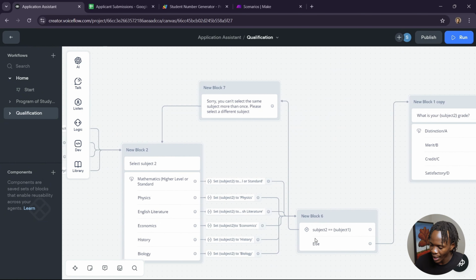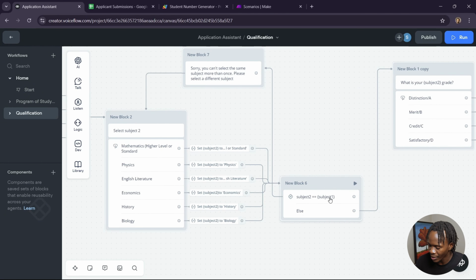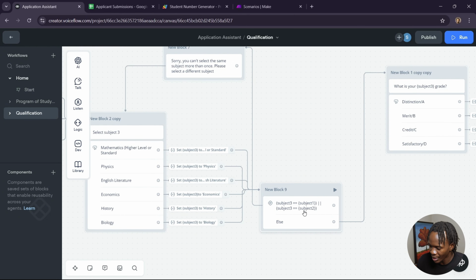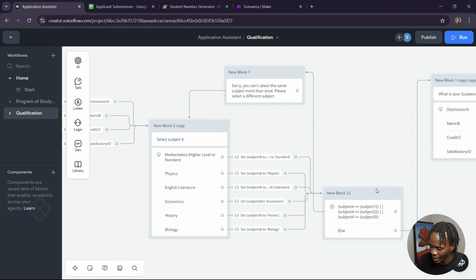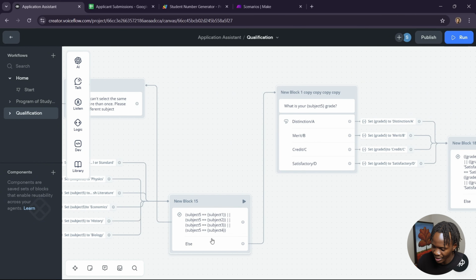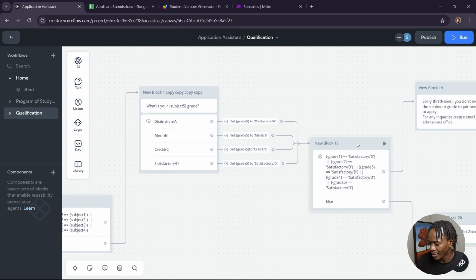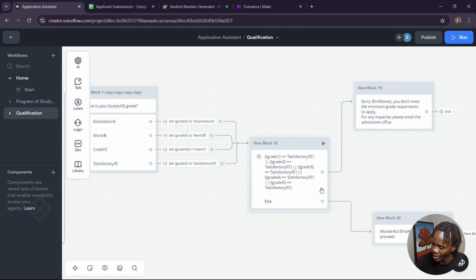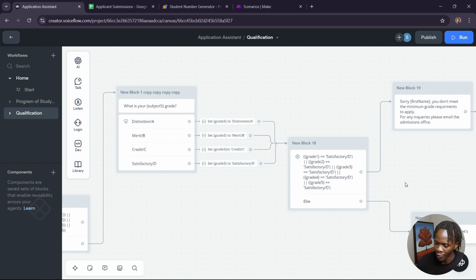And then every option after that has a condition block. So we can't have subject 1 as subject 2 because we don't have the same subject put there more than once. Same thing over here, and we have a prompt that prevents that from happening, and this follows along all the way until the end, subject 5 over there, as you can see. We have another conditional block over here. So for this case, any grade that's satisfactory or D, the application gets denied. And we have a prompt over there, else we move on